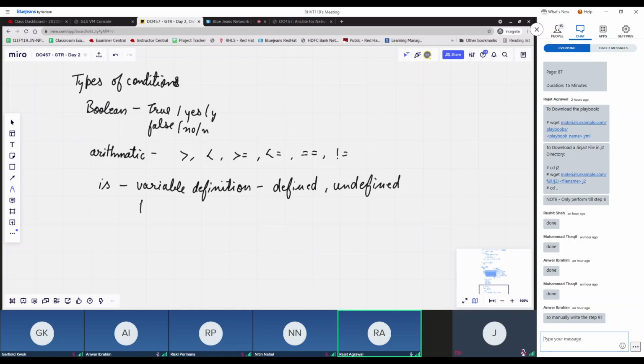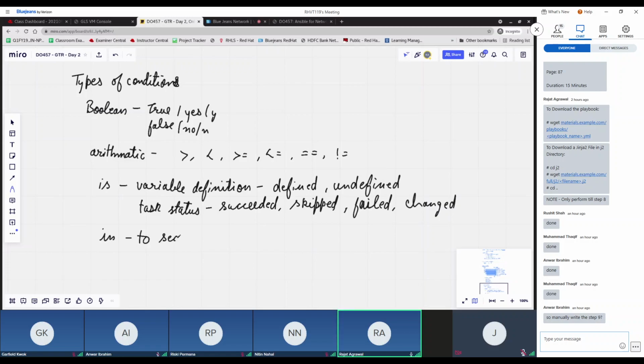And second is the task status. Task status is succeeded, skipped, failed, and even changed. Now, currently we are using Ansible 2.5, so I'm not really sure if the skipped task status was available back then, right? But all three were there: succeeded, failed, and changed. Skipped was introduced, I think, somewhere around 2.7 or something, but I'm giving you the latest information, what currently works. And the last one is in, which is to